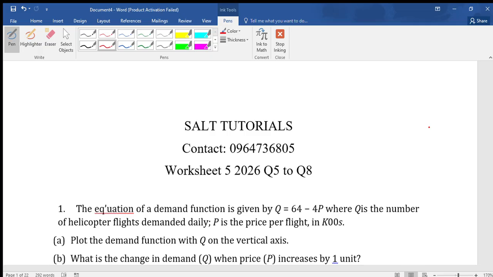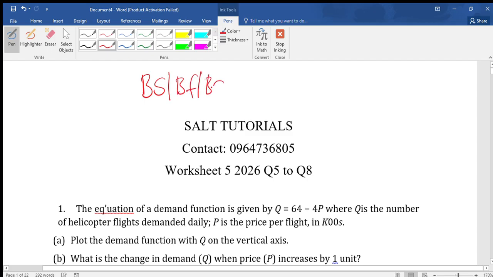I'm solving worksheet 5. In the previous video, I solved the same worksheet 5, but for the first 4 questions, that was on linear functions. So in this video, I'm going to solve question 5 to 8. Please take note that we're talking about BS, those in BF,